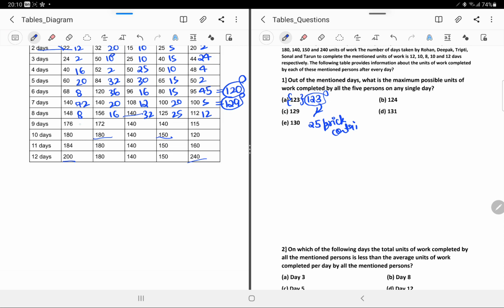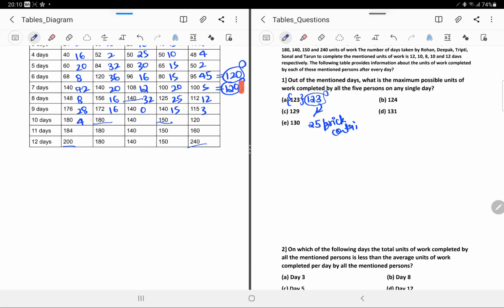Okay, so for the 9th day, this would be 176. So this is like 28. This is more or less 62. 16. This is more or less 0. This is nothing but 15. This is nothing but 3. So no point of calculating that.